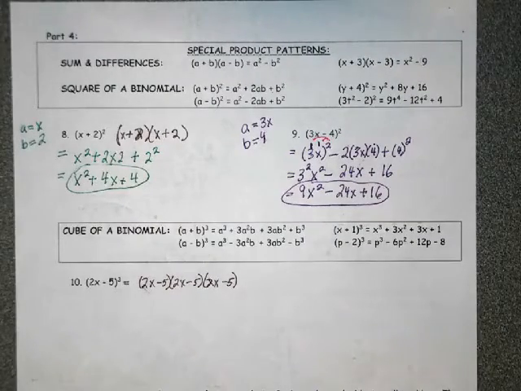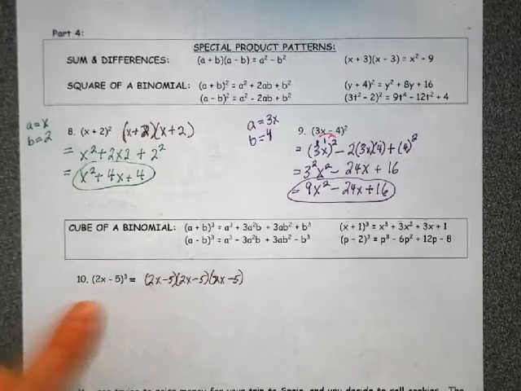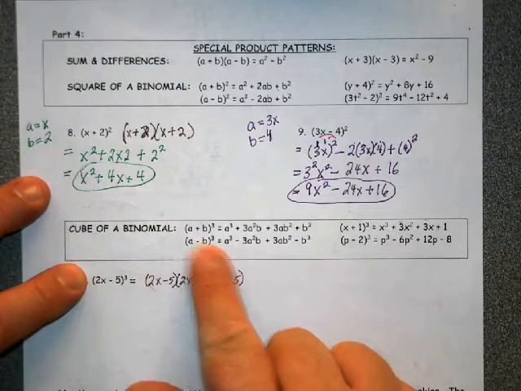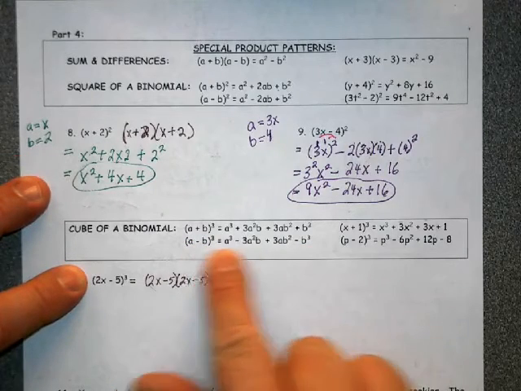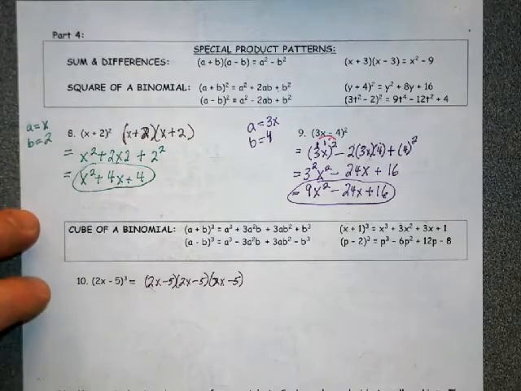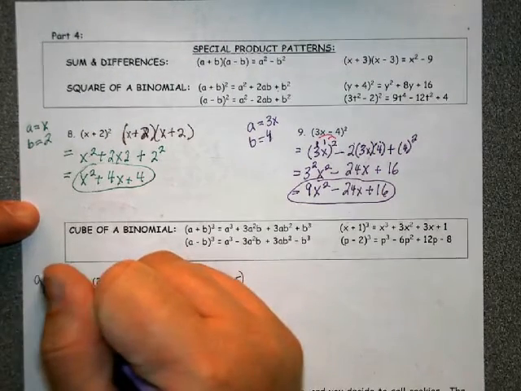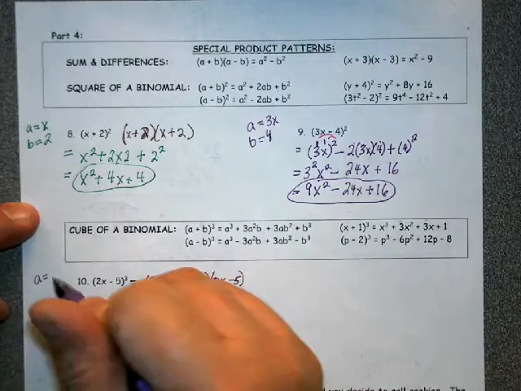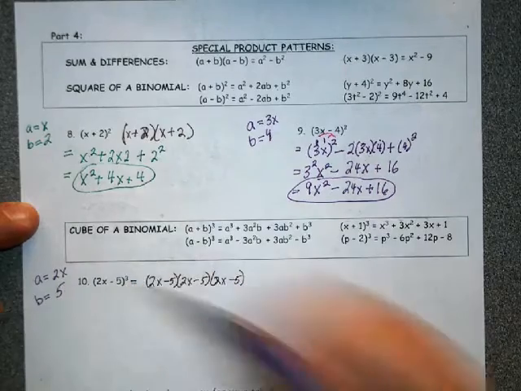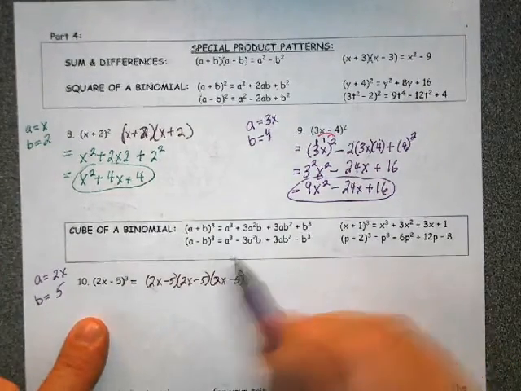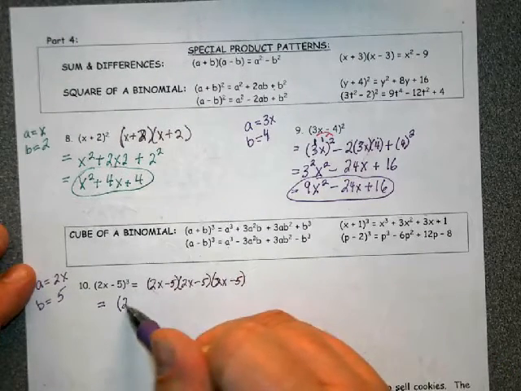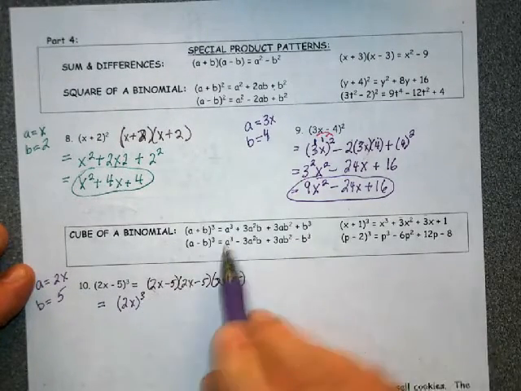All right, let's do that cube one. So this is a difference of cubes. Cube of a binomial, and it's a difference. So we're going to follow this pattern right there. Okay, let's get our A and our B defined. My A is 2x. My B is 5. Okay, let's plug it in. A cubed, 2x cubed, minus